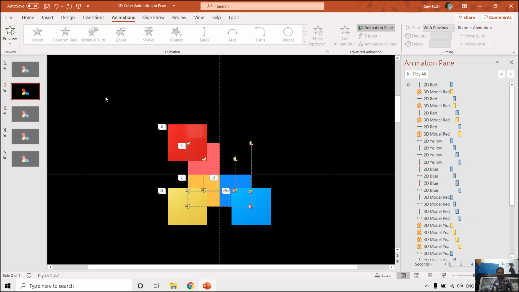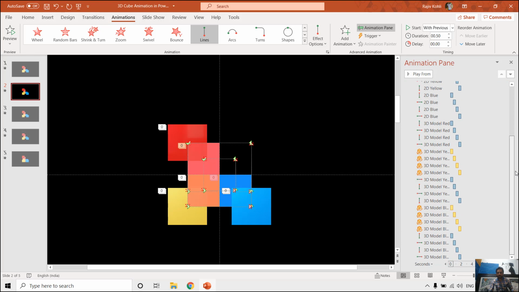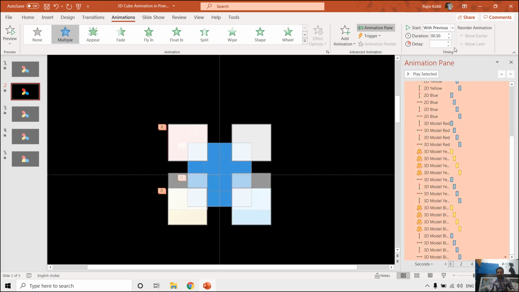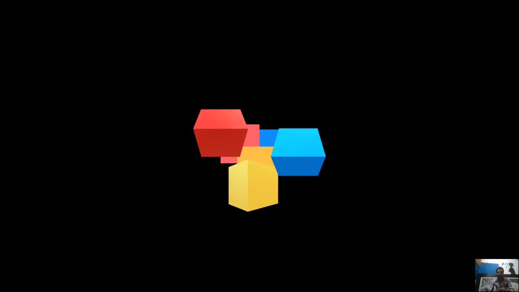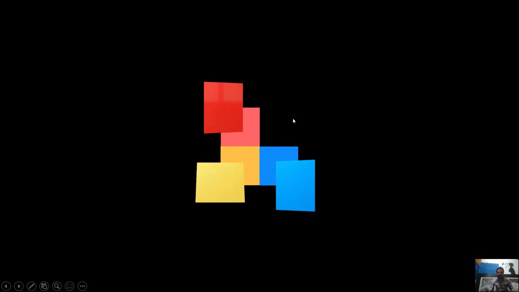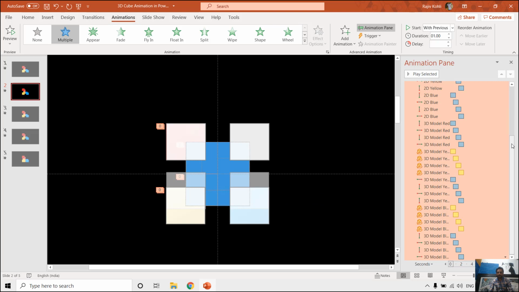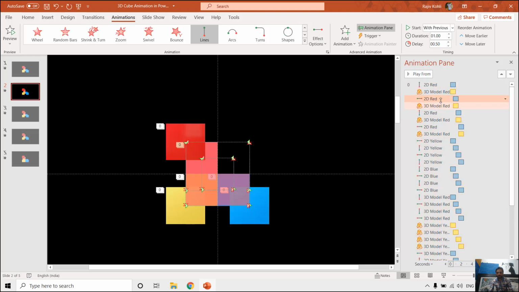On the second slide, what I did was select all of the animation effects by selecting the first one, then holding the shift key and selecting the last one, and just increase the duration to 1 second, and that way I get this result. I am just telling you about this, but that is not the right way, because now there is not the exact difference between the delay timings of these animation effects.